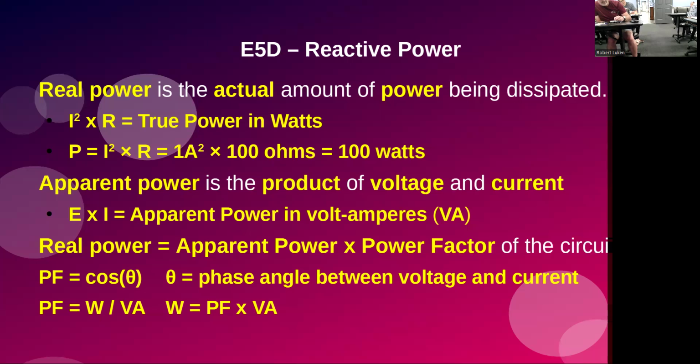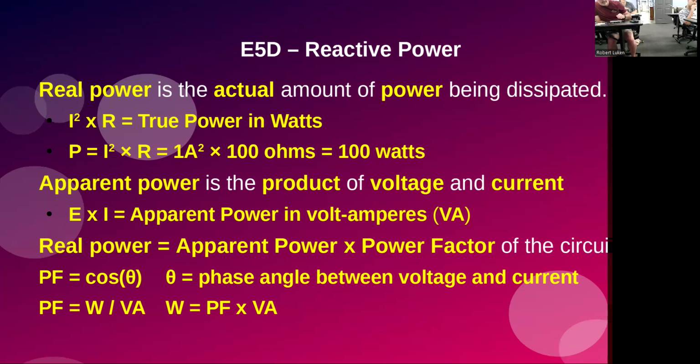So it's the length of the vector. The real power that's being dissipated is what's going to be on the x-axis for R. So the more inductance that you have, the longer that apparent power vector is. That's actually what the power company charges you,